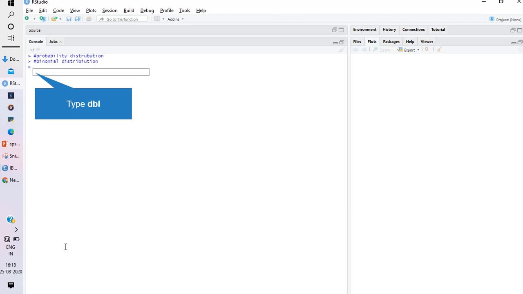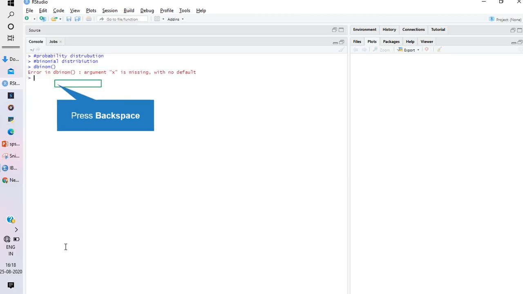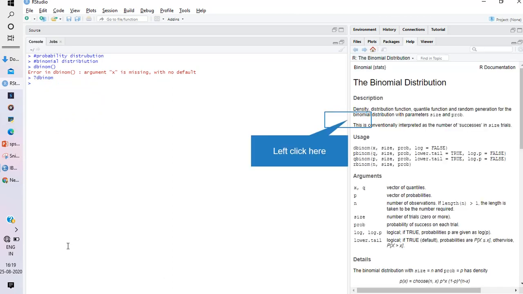What is the binomial distribution and how can we do it in R? Before going to the commands, first we can see the help section for the binomial distribution. Now we are going to the help command.